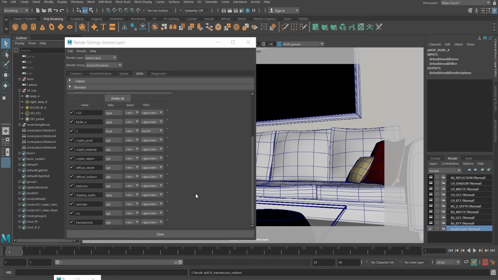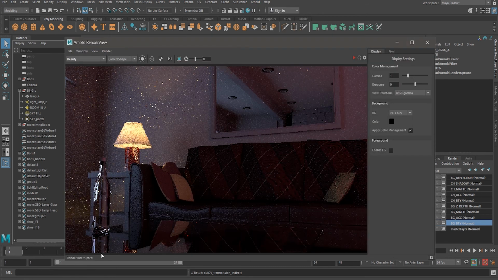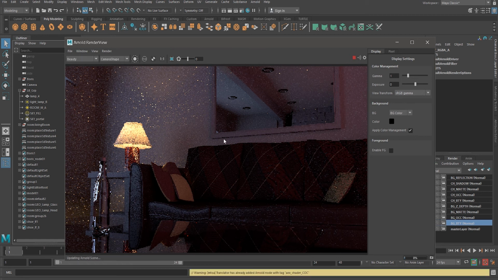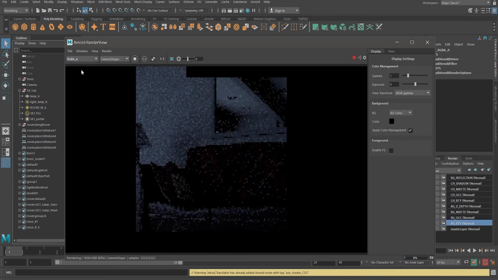Okay, let's see what happens. So I will go to this BG Beauty, open render view and render. Click here and go to RGBA. Now you can see all the light that is emitting from sky fill and sky portal, right?